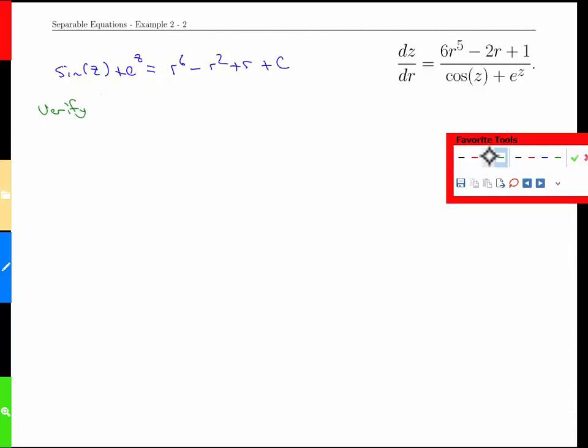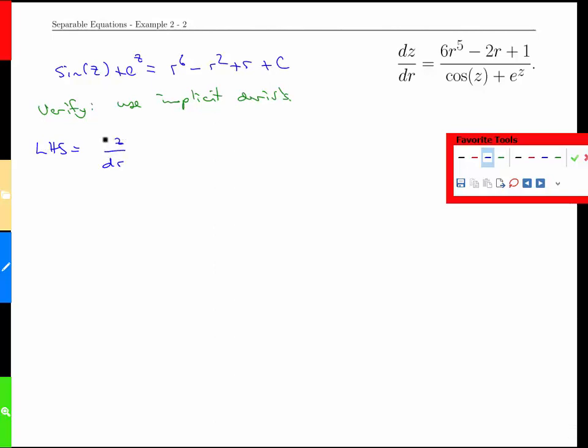We can verify that, but the only difference is we'll have to use implicit derivatives. So working with that, what we're going to have to do is take the derivative of this expression here and see if we can solve for dz dr. So the left-hand side is dz dr,